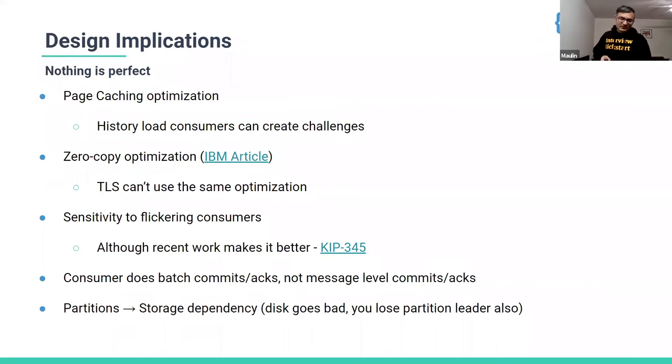Now let's talk about the design implications, because any system you consider will have design implications based on how it is designed, because every system is designed to address a certain set of use cases, not all. And there are some bottlenecks based on the design.